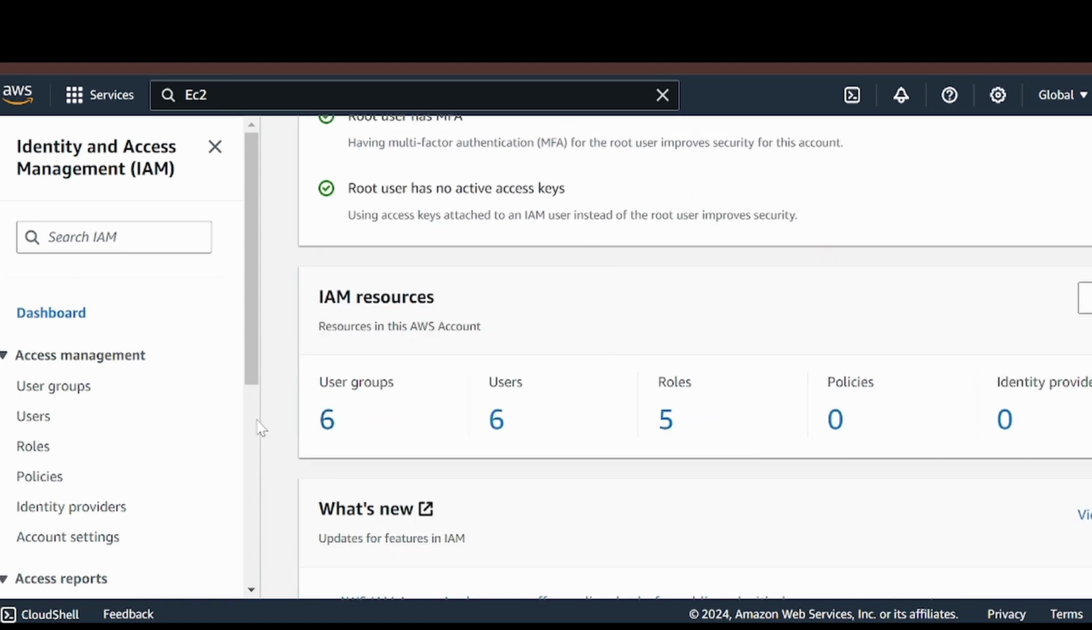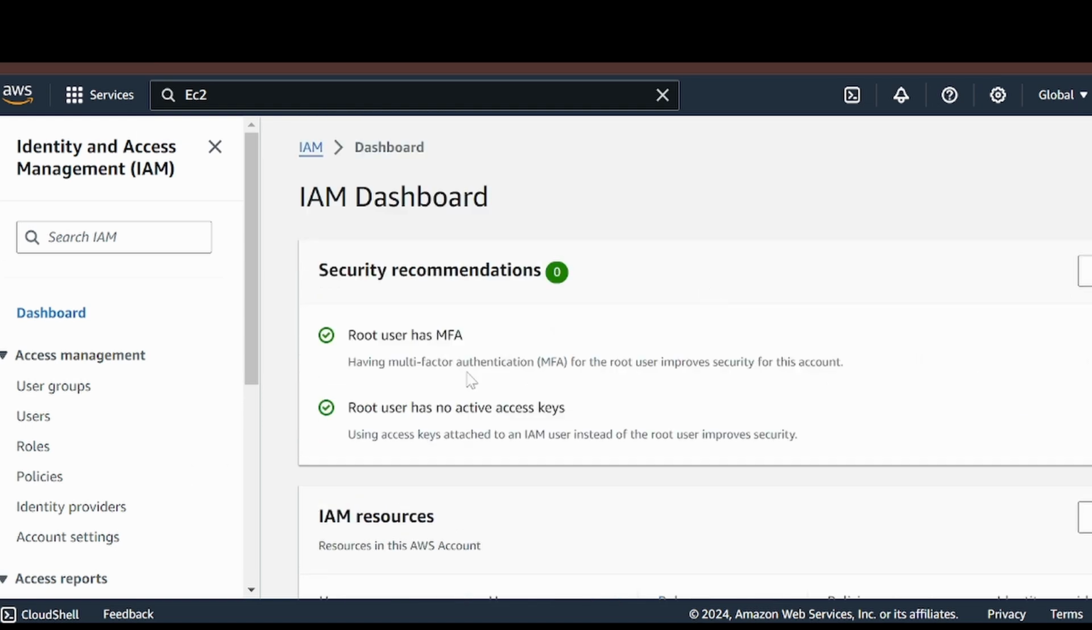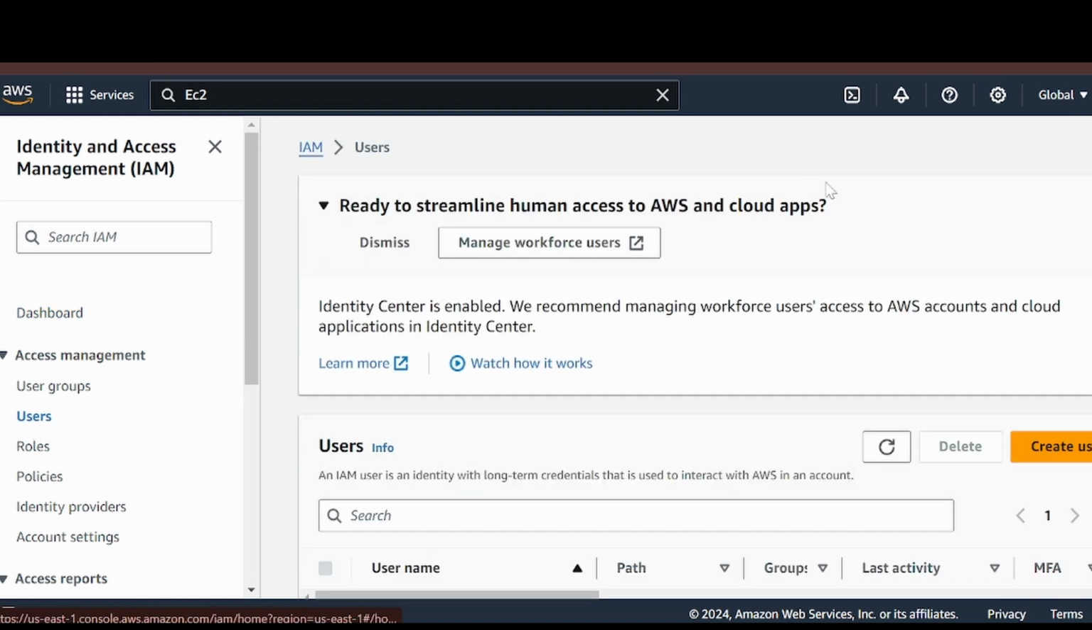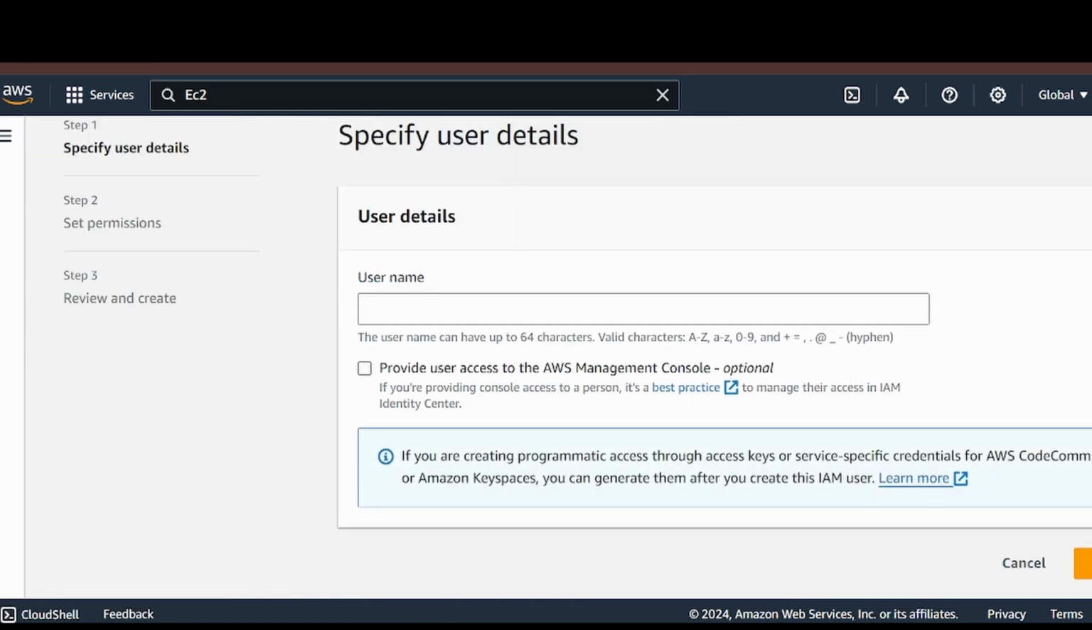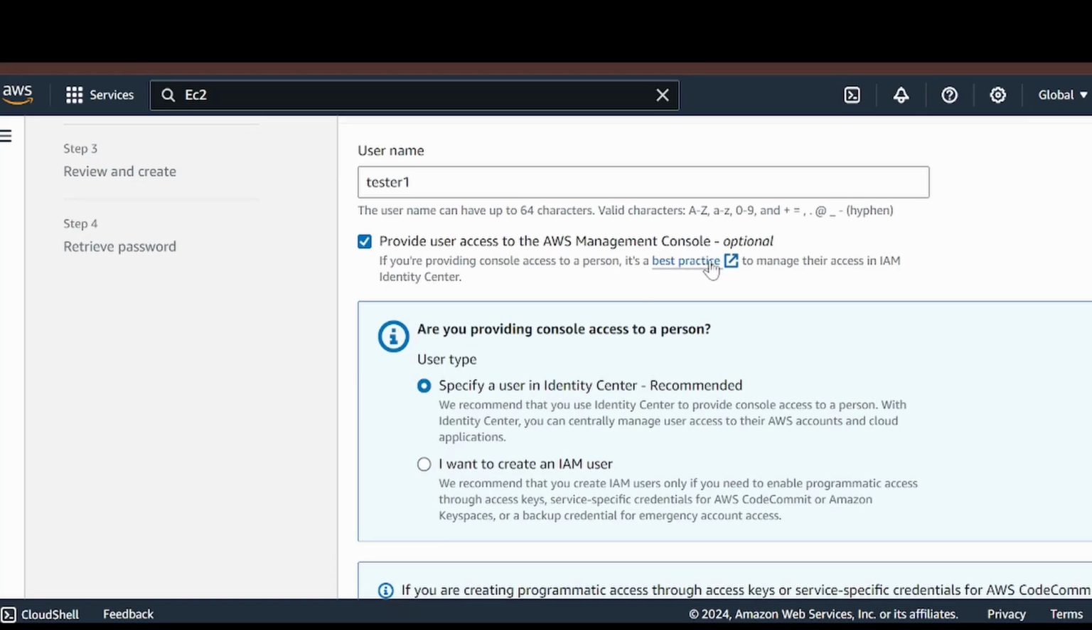So the first thing I will be doing is creating an IAM user. Let's go to Users, and I'm creating a user. Creating a user is simple. Just put some username that you want, and when I choose this, I'm going to give them the console access, and